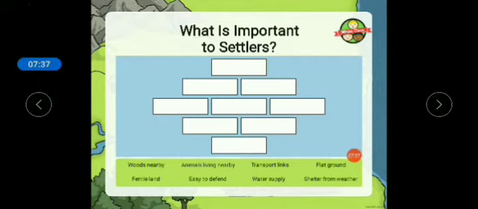So let's look at this. Now here is a game. In this game, you are to sort these. I'm going to send you this later. Okay, you play this game. Here we have wood nearby, animals living nearby, transport links, flat ground, fertile land, easy to defend, water supply, and shelter from weather. So you are going to place these things according to their level of importance. Okay, the one that is the most important